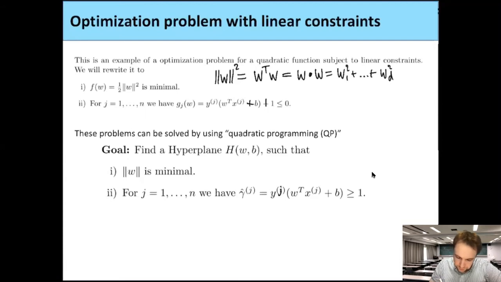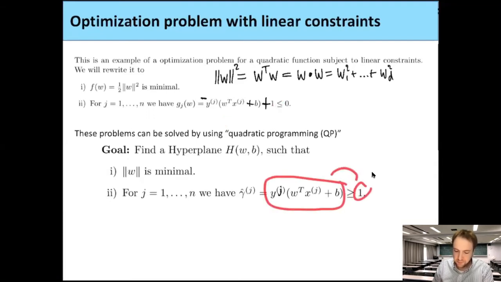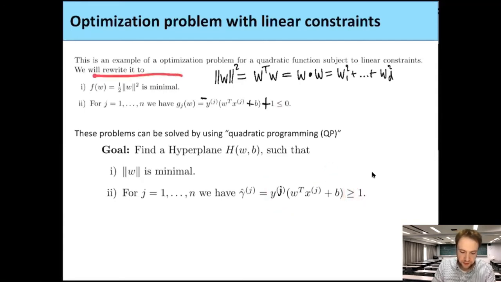Oh, sorry, I want a sign change here. But this doesn't really matter, because here I changed the order. But this is exactly this equation here, by just bringing everything on one side. So in other words, we just want to find W such that this F here is minimal, with the constraints